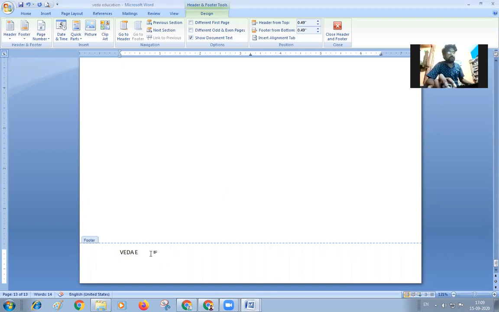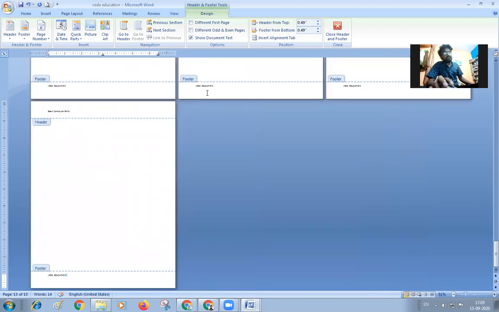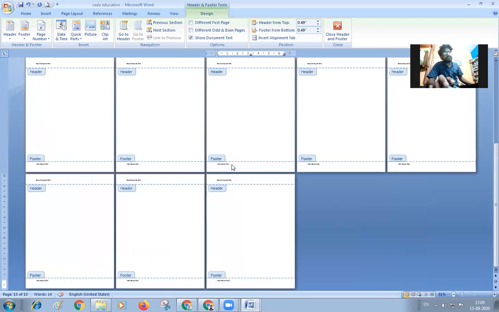Okay. Then here at the bottom of the page, we give something called the footer, and in the footer, whatever text you want to give, you can give it over here, and the same text will be applied to all the pages. You can see this. The footer is given for one page, and the footer will be applied to all the pages. This also makes you get the same text on all the pages.